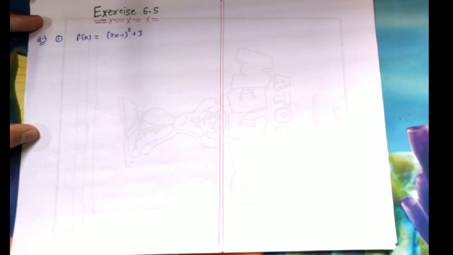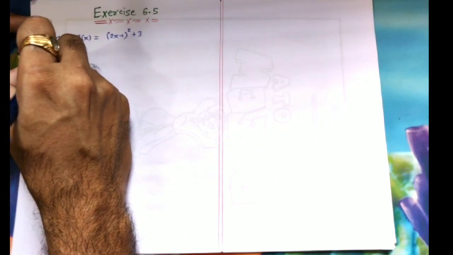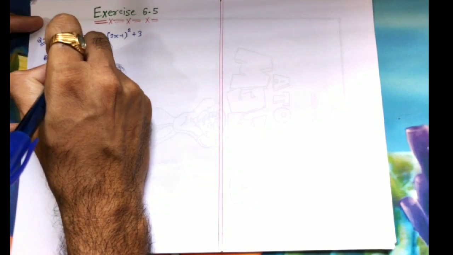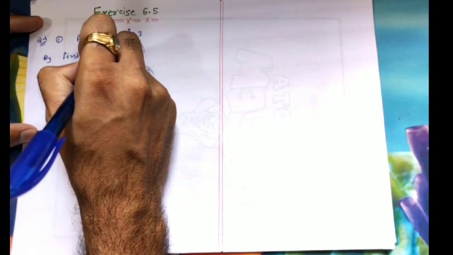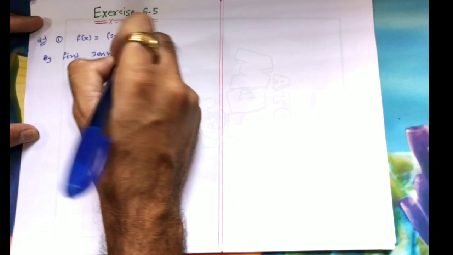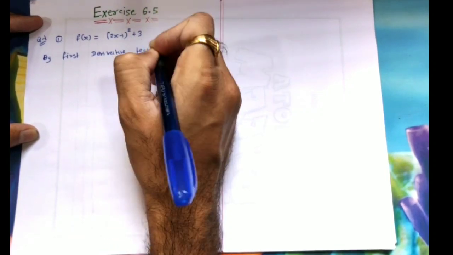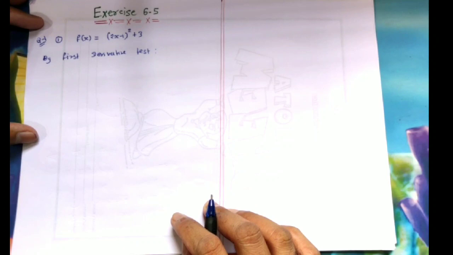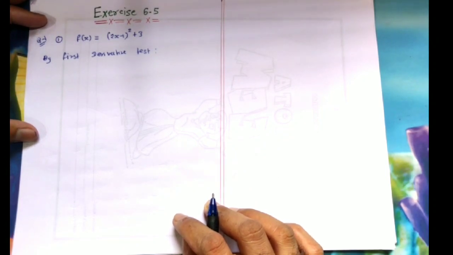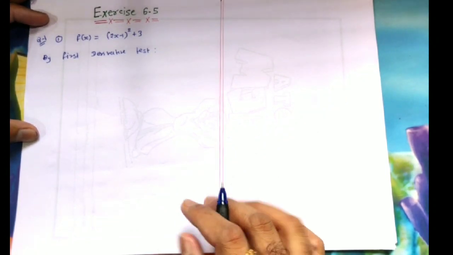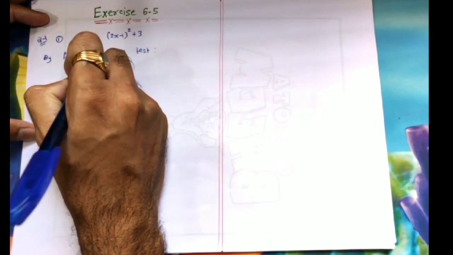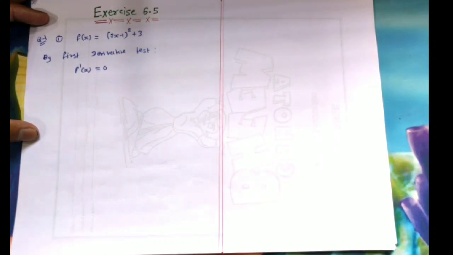So first we'll use the first order derivative test. So here you have to mention by first derivative test. So how can you find the maximum value and minimum value by the first derivative test? So the algorithm is that, what you have to do? First you have to find f dash x and compare that f dash x with 0. So you will get the critical points, and you have to locate the critical points on the number line and then you have to find the sign of f dash x.